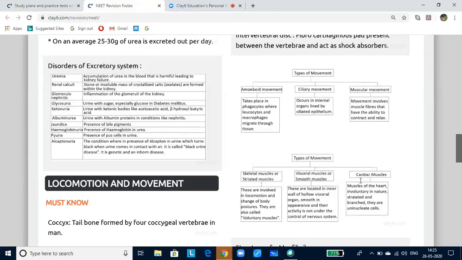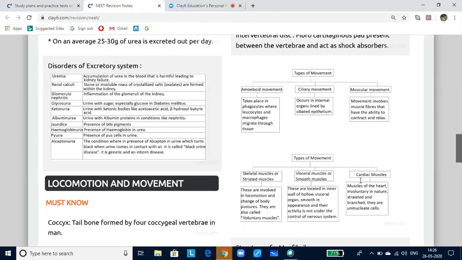All living multicellular organisms are capable of moving their body parts according to their need. The movements can be both internal and external. Now let us look at the types of movements. The cells of the human body will show three types of movements. Amoeboid movement. It helps in food capture and change of place.